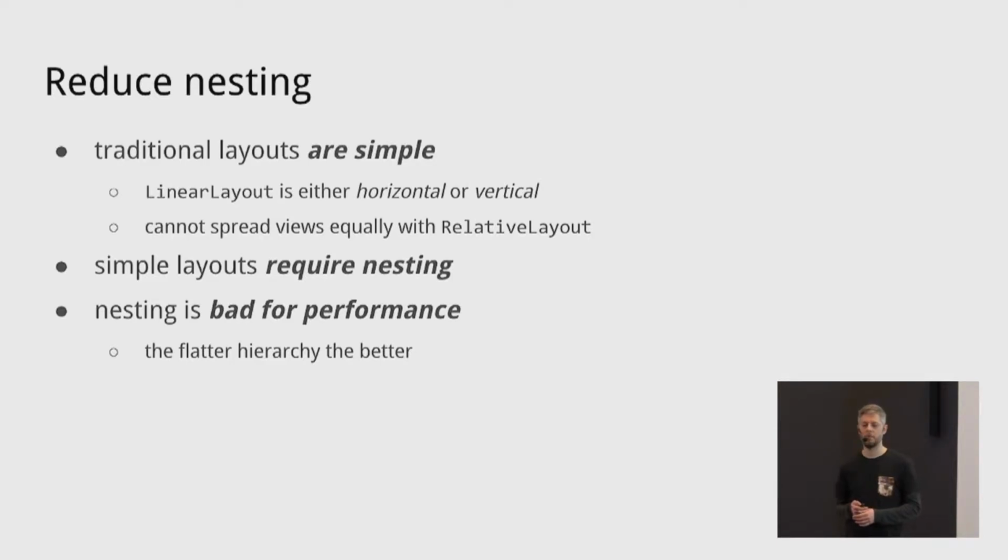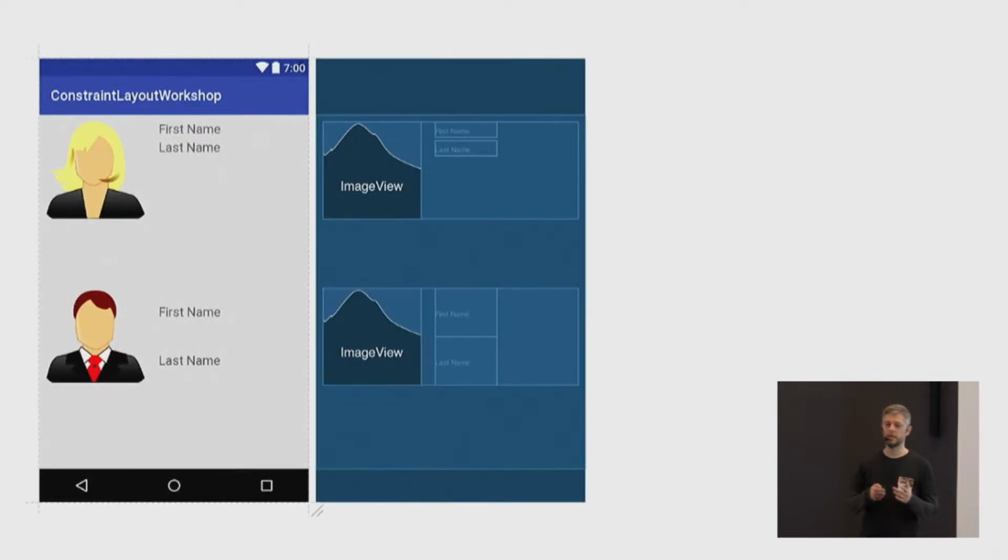And nesting is bad from a performance point of view because the way the UI is drawn on Android requires the Android framework to measure all the views and then lay them out. And when we nest layouts, Android has to recursively go down into each layout and do the measure and layout thing, and then there's this view traversal top to down. The more layouts we use, the more complicated the process is, and basically it's bad for performance. Actually, it never happened to me, but more or less that's one of the reasons they wanted to create a new layout for Android. And this is an example of why simple layouts lead to